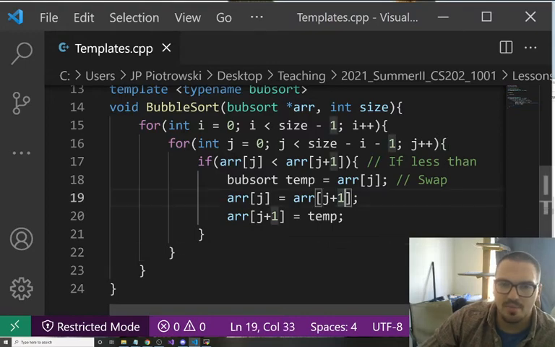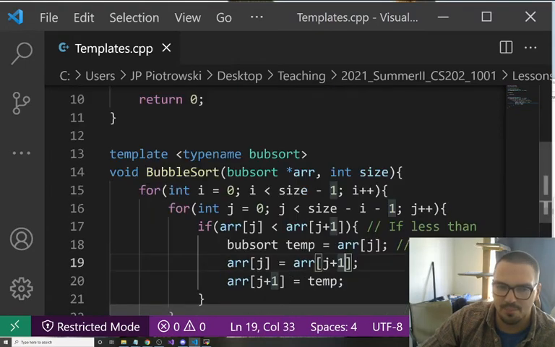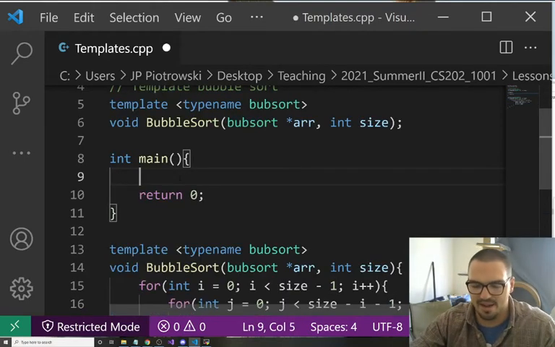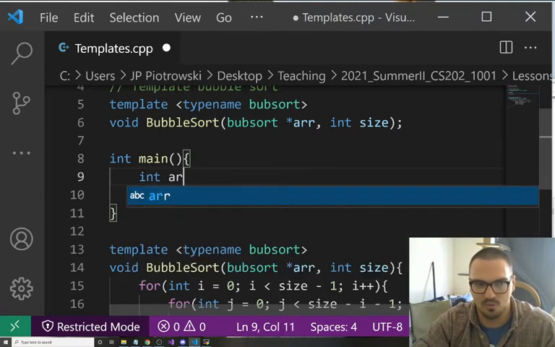So now I'm going to call this with a few lists, and then I'm going to break my code, all right? I'm going to break the code. So let's make a few dynamic arrays. Now I'm going to do it the easy way, not the hard way. So I'm going to make an int array,